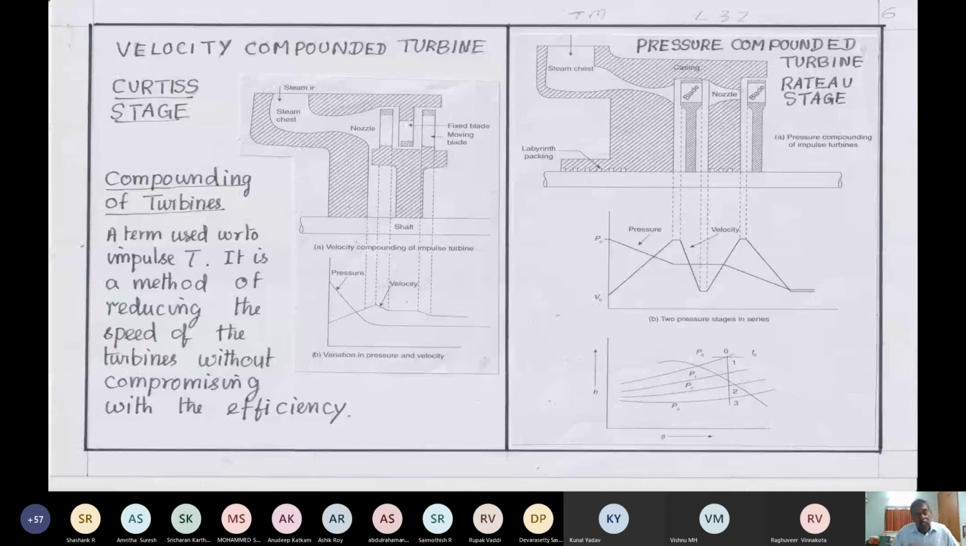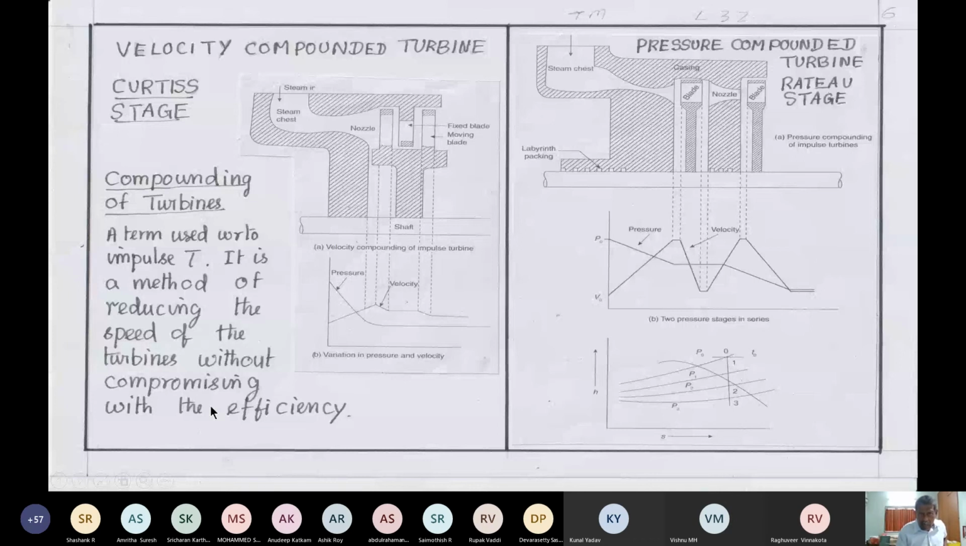So this way, you can run a de Laval turbine, but the efficiency will not be very high. It will fall down to 50%. So in compounding, we reduce the speed of the turbine without compromising the efficiency. All the energy also will be used. So the first method is the Curtis stage, where you have